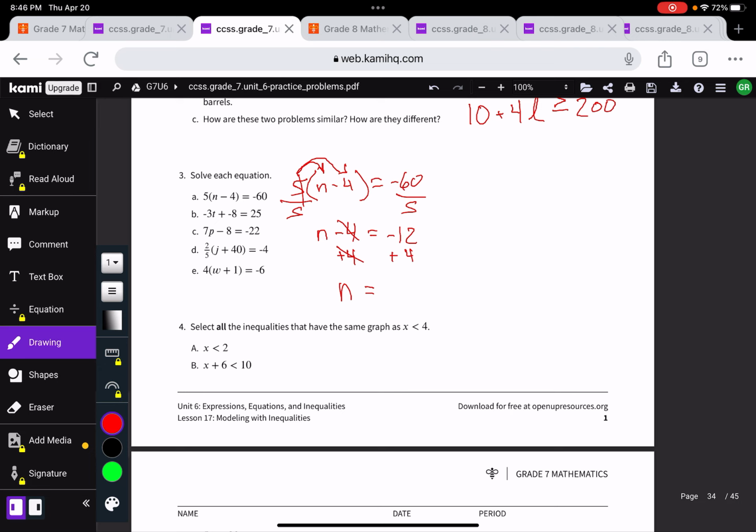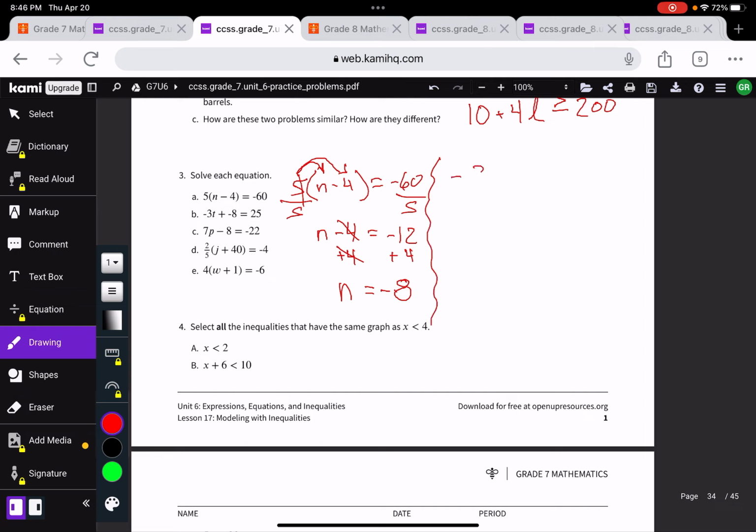No idea. So negative 12, if I'm at negative 12 on the number line and I go 4 to the right, if I add 4 to it, that puts me at negative 8. And a negative 8 minus 4 is negative 12, times 5 would be a negative 60, so that works. Now the next one is